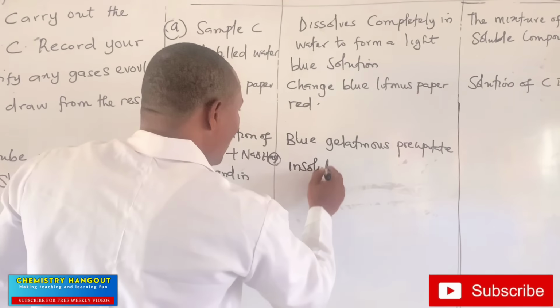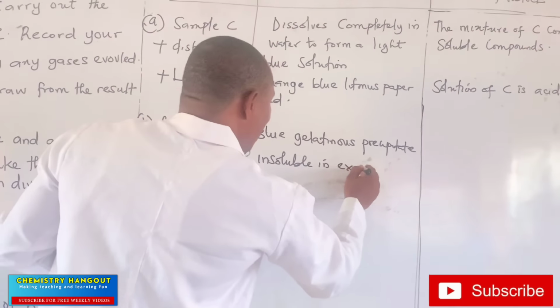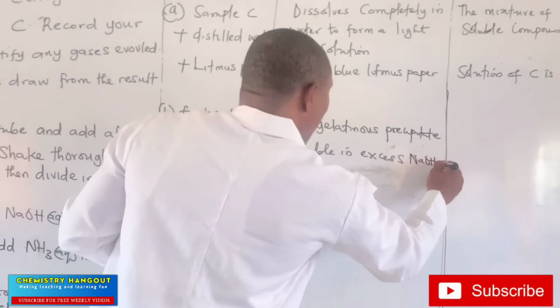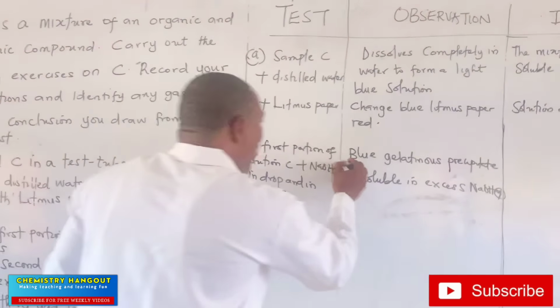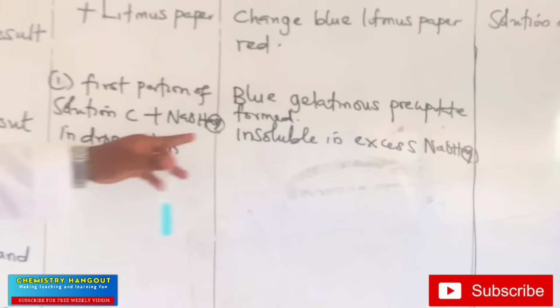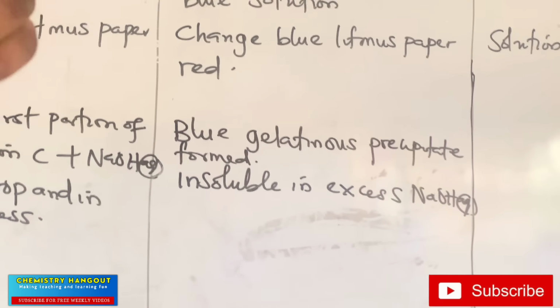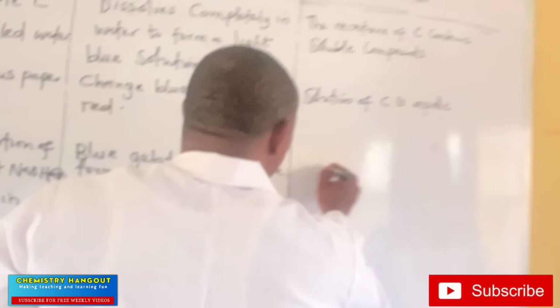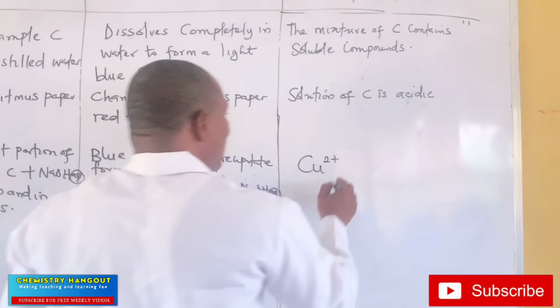Insoluble in excess sodium hydroxide. Do you get that now? A blue gelatinous precipitate formed. Let me put that so that you can see. So a blue gelatinous precipitate formed, and at the addition of excess sodium hydroxide it is still insoluble. And when we see blue color like that, when we are reacting with sodium hydroxide, then we say